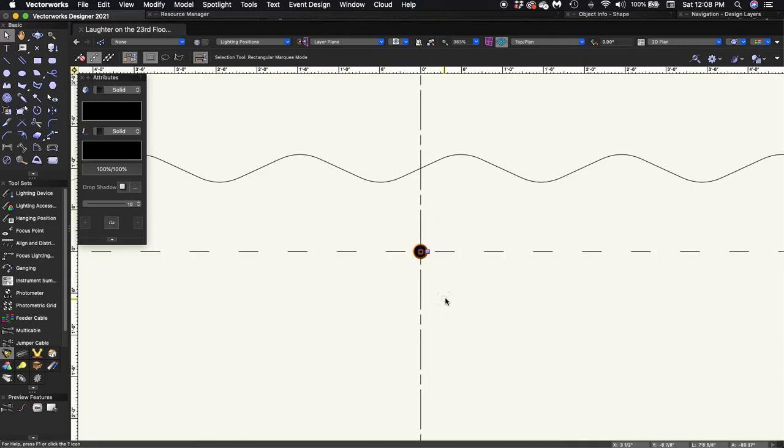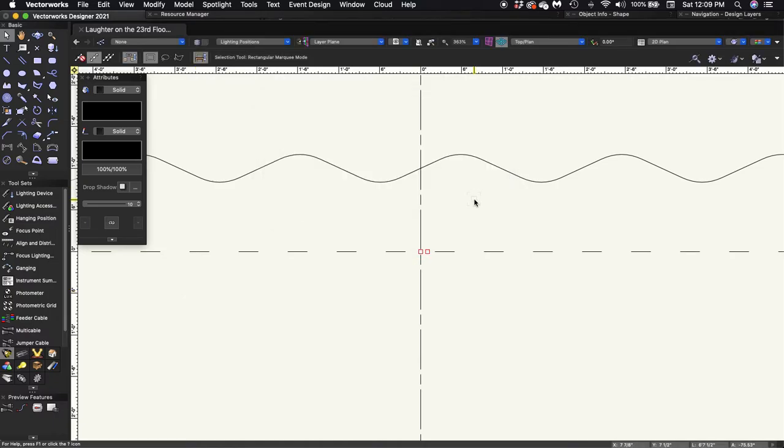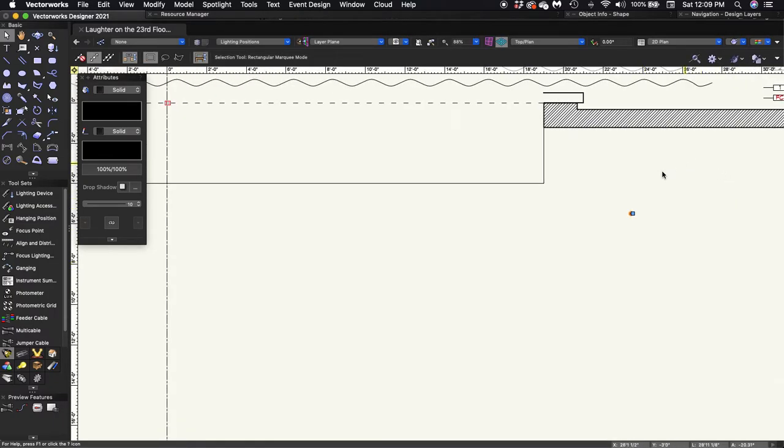Obviously, my box boom isn't going to be on my 0, 0 point. So I've got that selected, and I'm going to go ahead and move it. So Command M for move. And I'm not going to move it 2 feet. I'm going to move it 23 feet, 5 inches on the x-axis. And the y-axis is going to be minus 5 feet, 6 inches. Okay, zoom out, and here is the new location of where my box boom is going to be in the